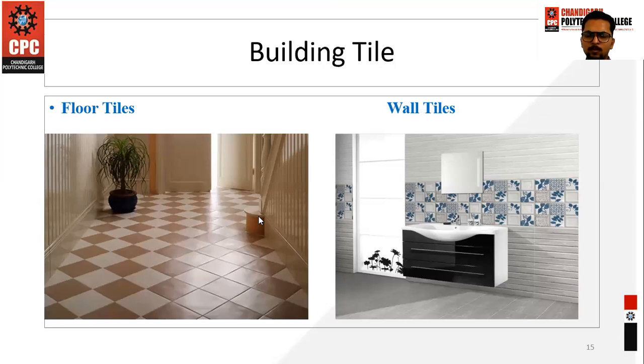The major difference between floor tiles and wall tiles is firstly their back surface, that is the grooveness. The groove of wall tiles is slightly bigger than that of floor tiles, because wall tiles are more difficult to adhere as compared to floor tiles. Floor tiles are only laid, but a wall tile has to stay perpendicular to a normal surface. So it has to be properly manufactured first of all, and the amount of cement paste we use is more in the case of wall tiles.